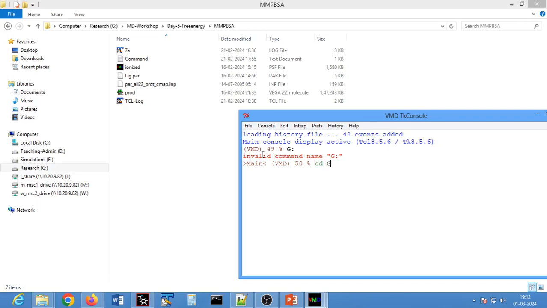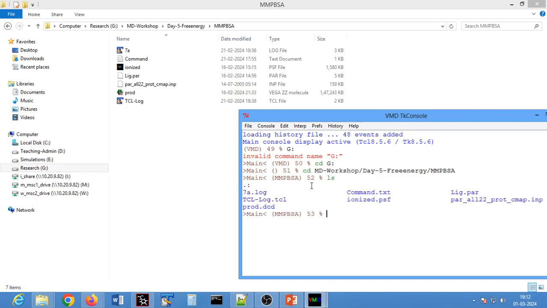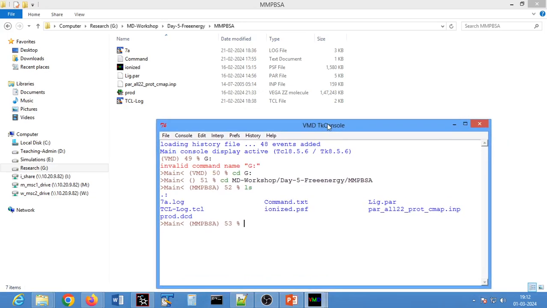cd G drive, right? And then directly go to the working directory. And hit enter. Okay, so now you are in working directory. Just hit ls to list out all the files that are present, that will be done with the ls command, right. Then